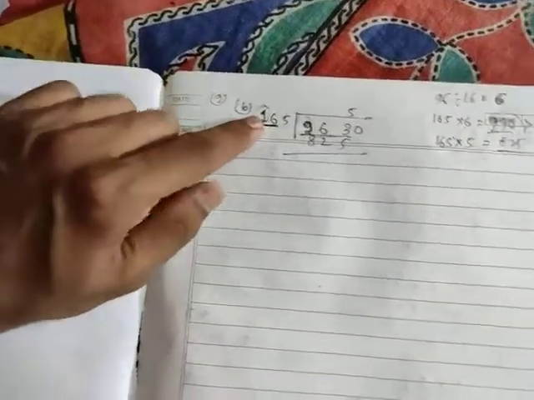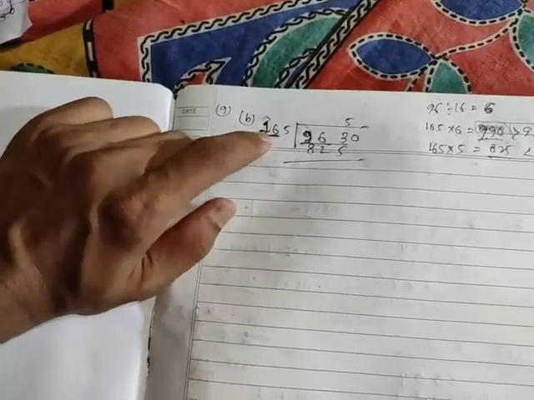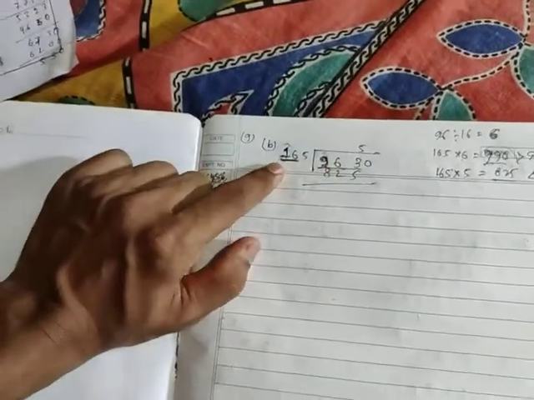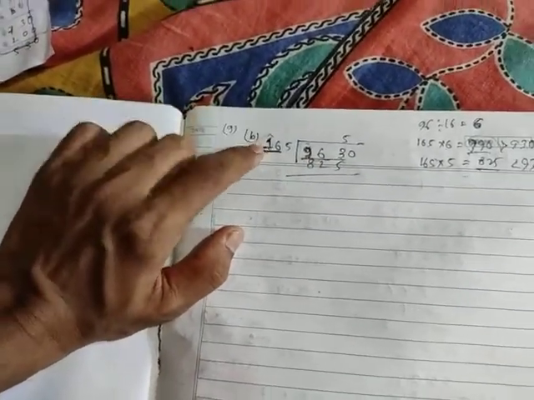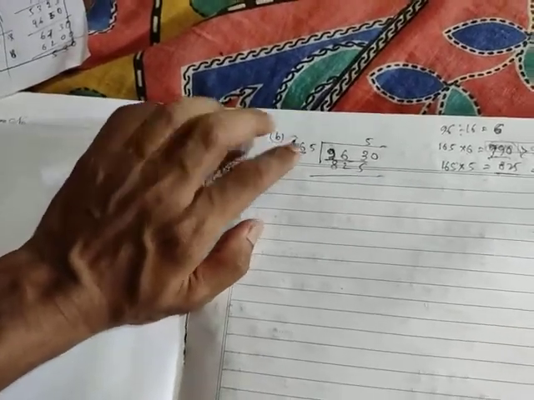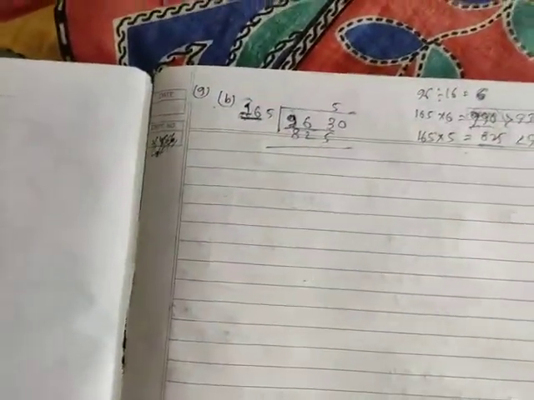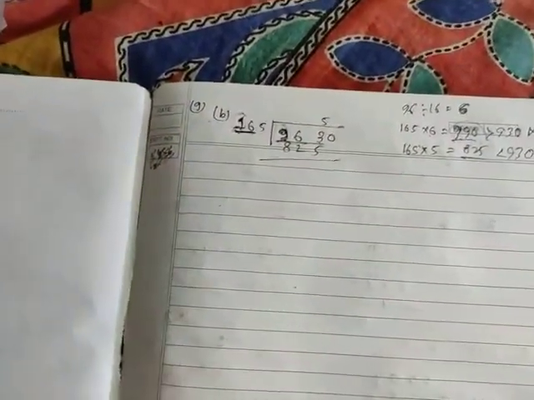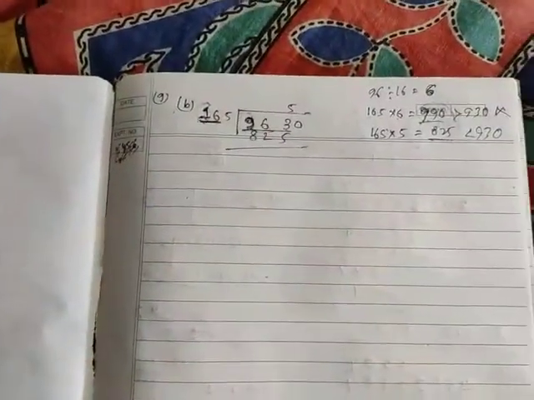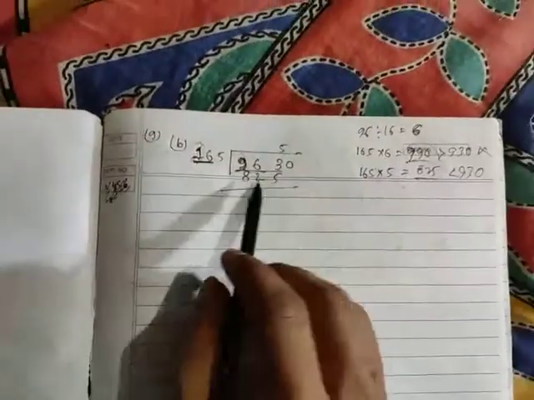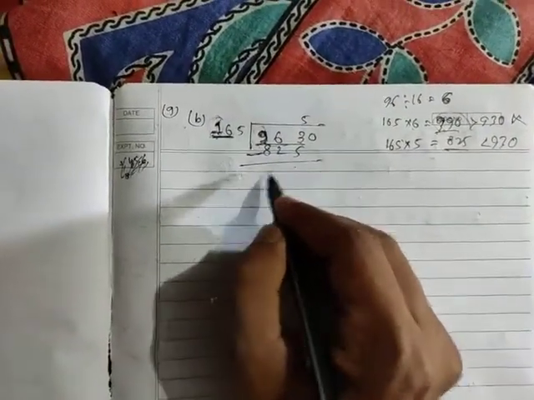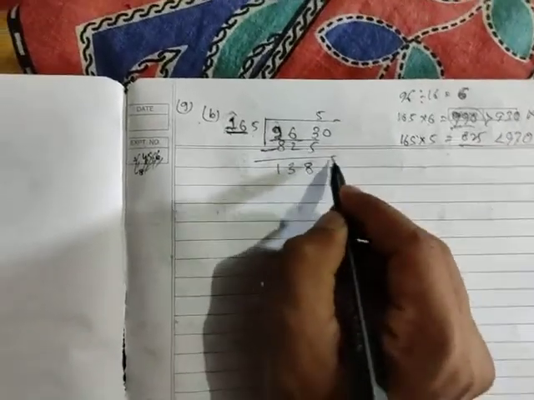Okay, we do not take 1 digit here in this case, because any digit here is divisible by 1. So that's why, when the first digit in the divisor is 1, I recommend you take 2 digits. Here 2 digits and here also 2 digits. Clear? Okay, now subtraction. It will become 138.